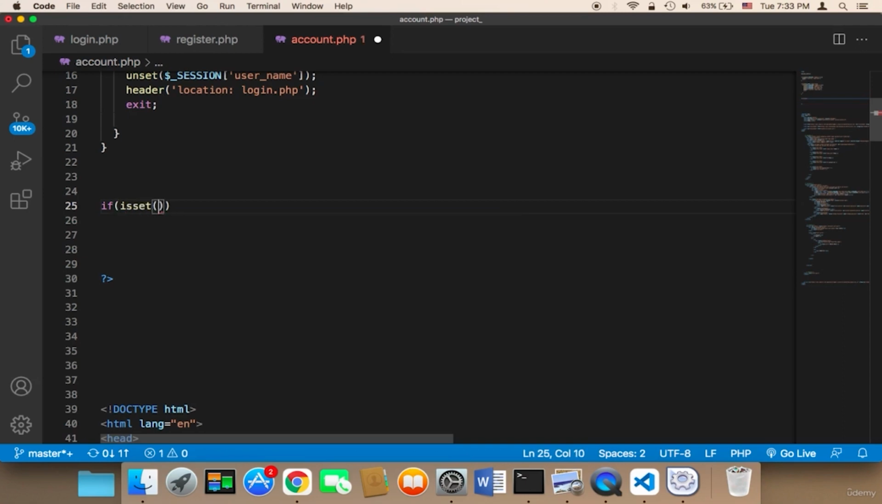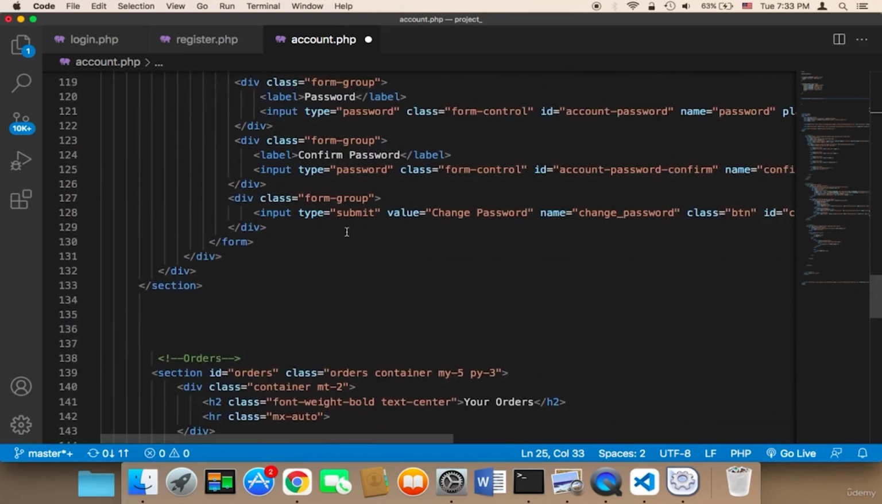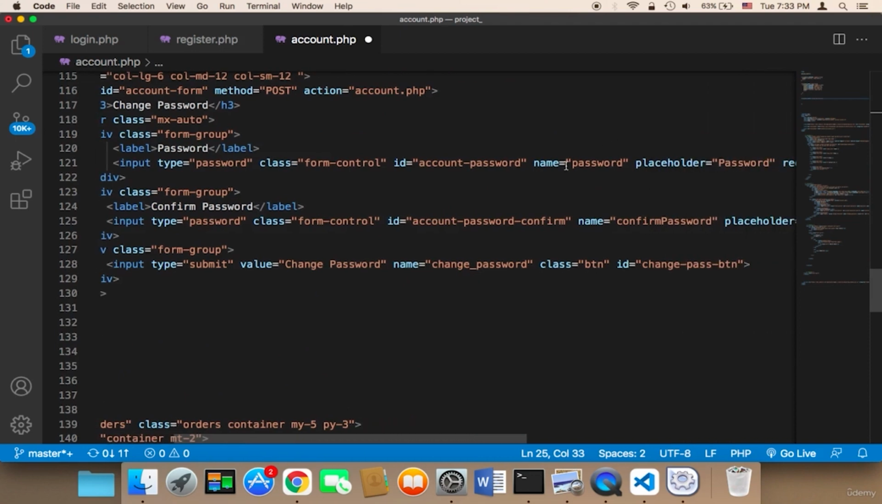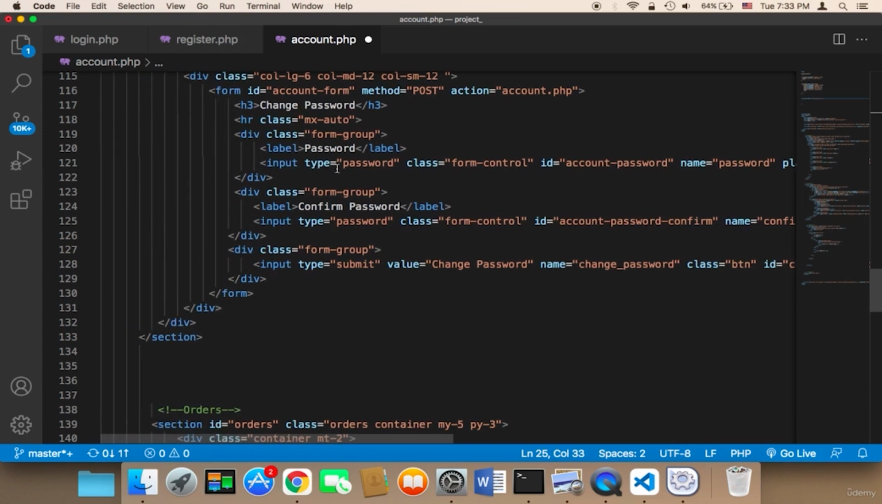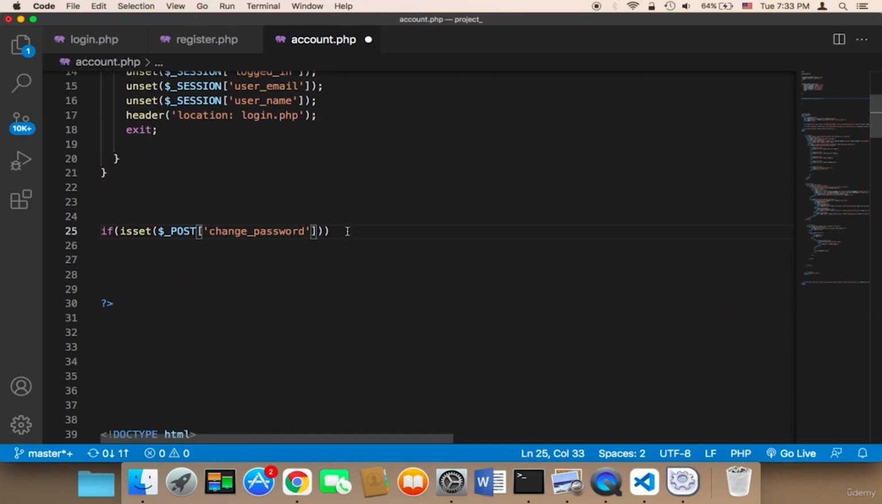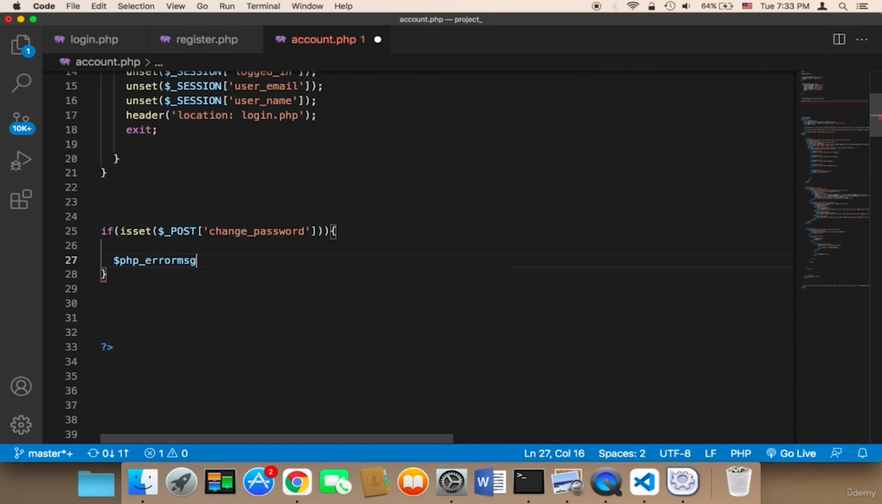I'm going to say set post, and I'm going to pass the change password button, because remember, I have given the button a name called change password. The next step is that we need to get the password and the confirm password from these fields. To do this, inside this if statement, we need to say